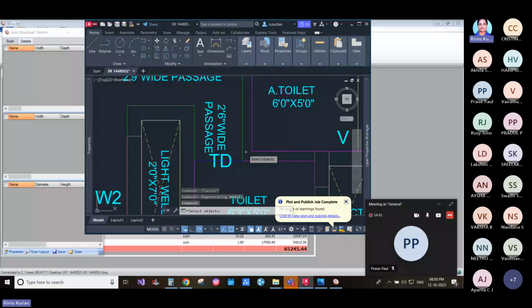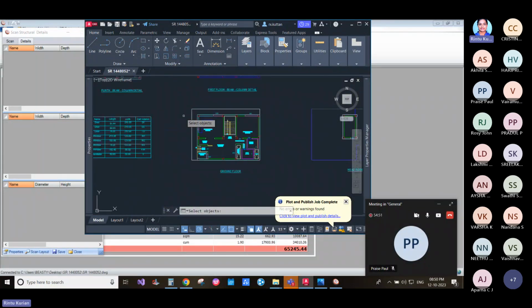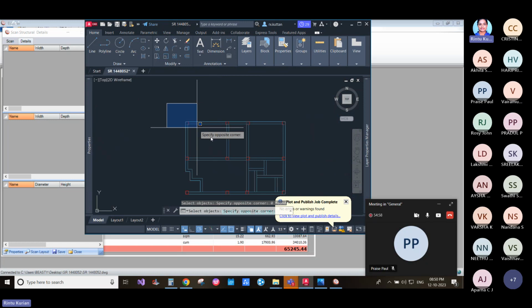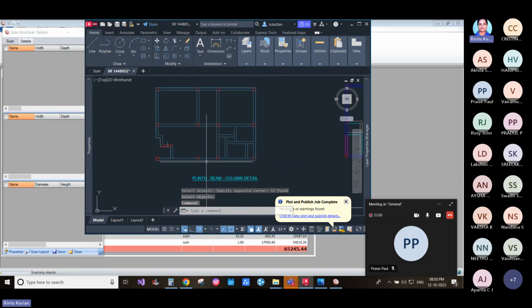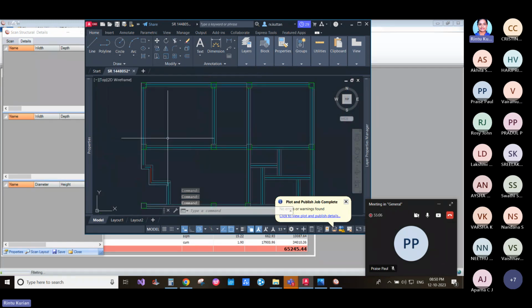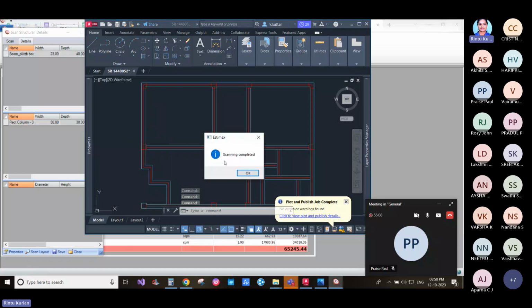This is because when we scan the joinery table itself, there is a link established between the AutoCAD file as well as the Estimax file. Come to the drawing, zoom out a bit and select the entire. Now, I'm going to scan the plinth beam. So scan the plinth beam part. Enter. You can see center lines forming in between these lines, which is going to be used for calculating the